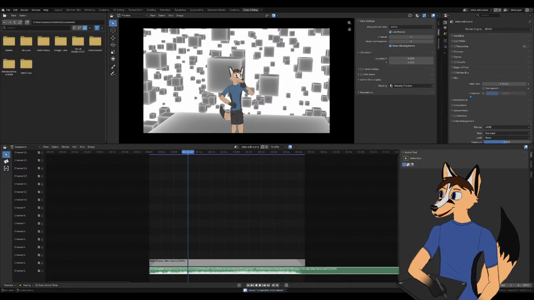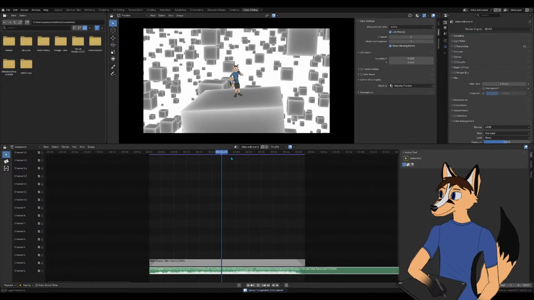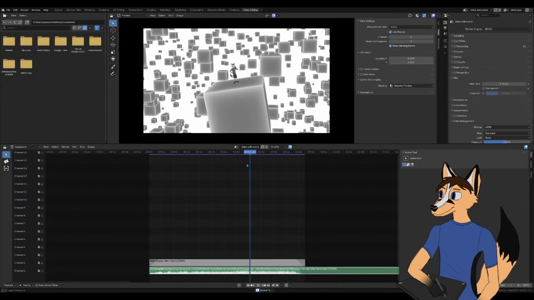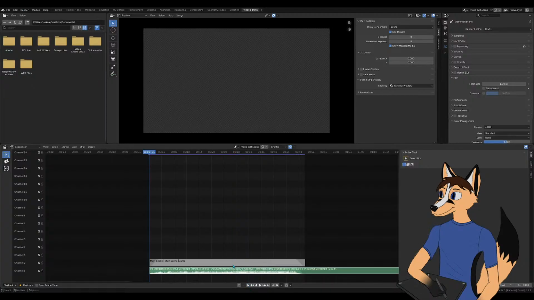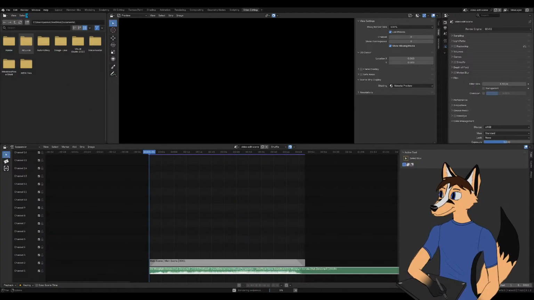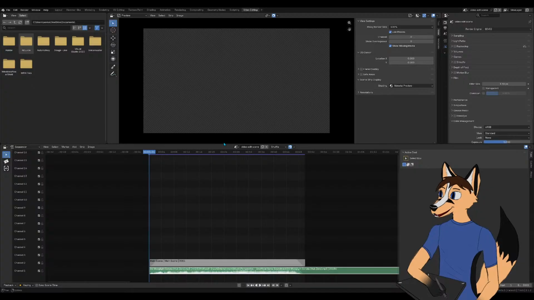I want to keep it off because the video is definitely not going to be transparent or anything, so just gonna go to frame 1 and render it to see what color the background is, though. Okay, it appears to be transparent, which is not what I want.